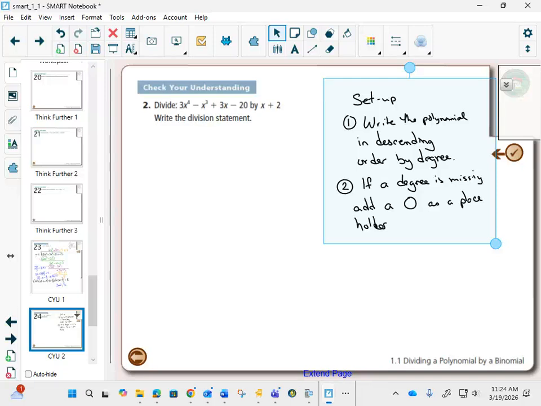So example number 2, I recopied the setup. We have to write it in ascending order. And if something's missing, we have to add a 0. So there's a setup again. This one,